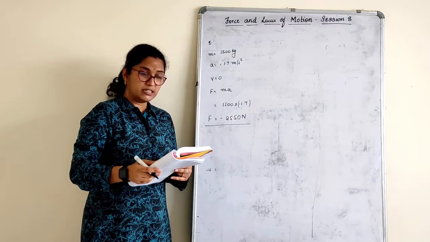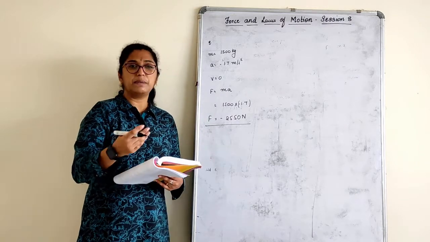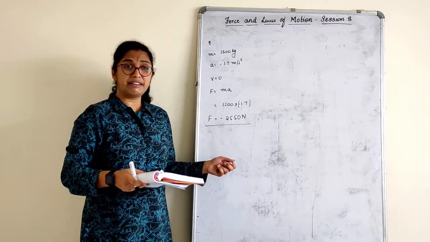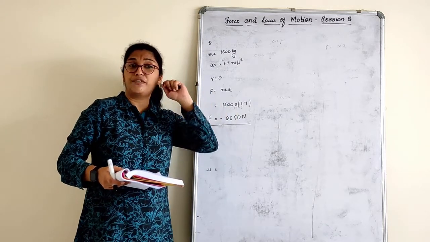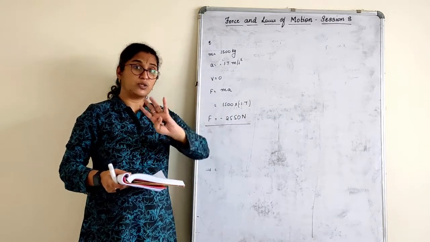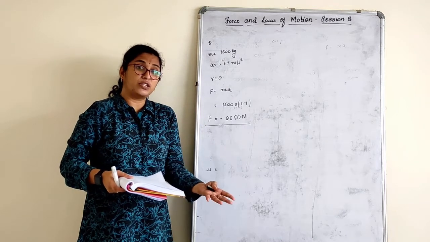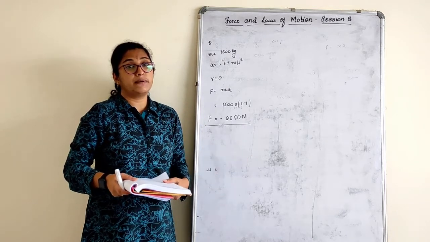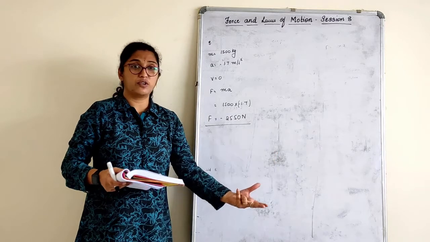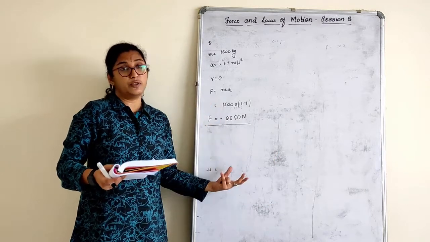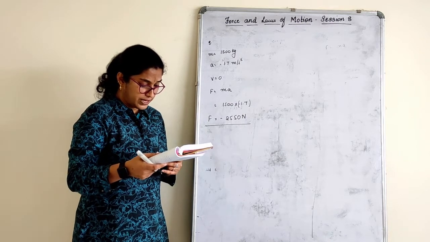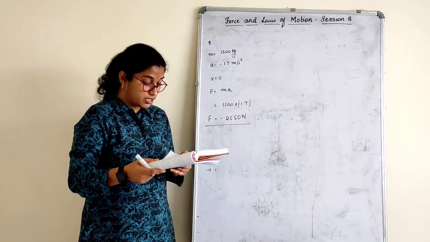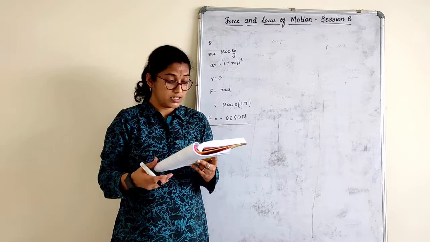What you have seen here is that the numericals are very simple, except the previous one that we solved. All are direct. Either they will ask you to find force, or you have to find acceleration and then find force. That is one type of question. The second type is the law of conservation of momentum, before collision and after collision. These are the only two types of numericals we have in this chapter. The next one, this is what I was talking about. I will discuss this orally.